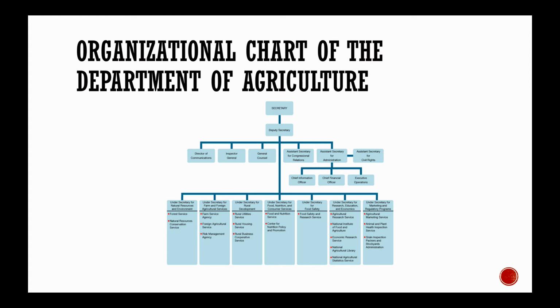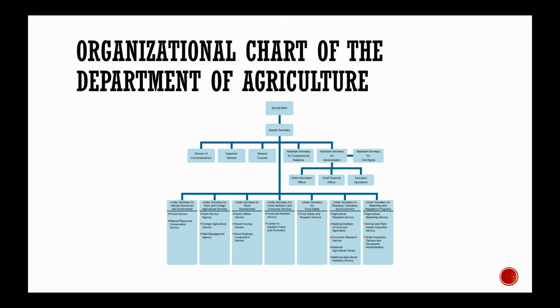So the secretary, right, is the one at the top. They are appointed by the president and confirmed by the Senate. There's the deputy secretary. There's assistant secretaries for different kinds of issues. And then there are undersecretaries that cover the particular subdivisions. Now, generally speaking, those are the people who are going to be appointed by the president. Everything below that is going to be civil service, and we'll talk about civil service at the end of the lecture today. But what you can see here is that the Department of Agriculture is subdivided.